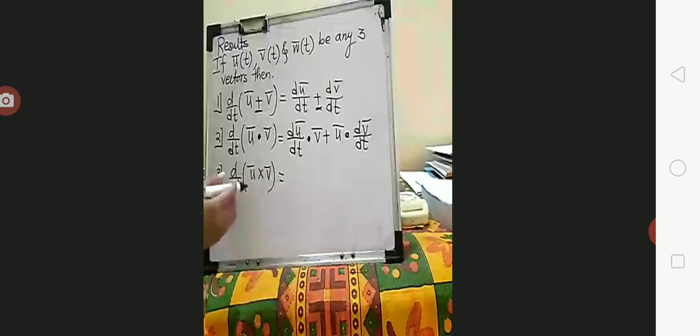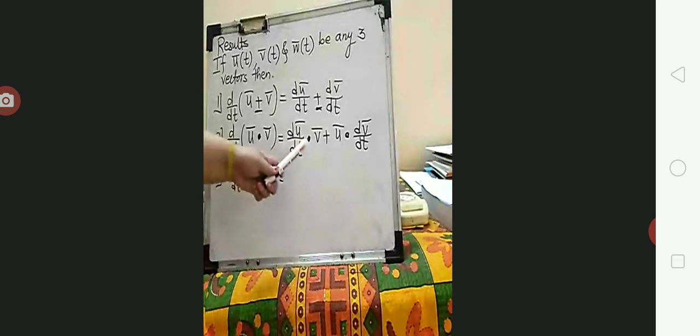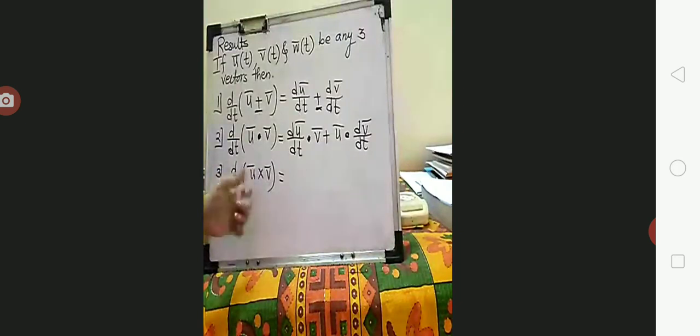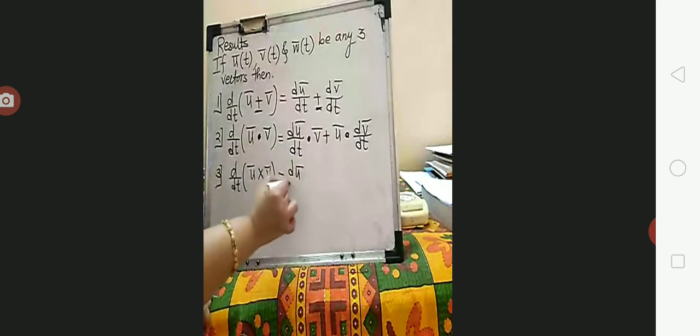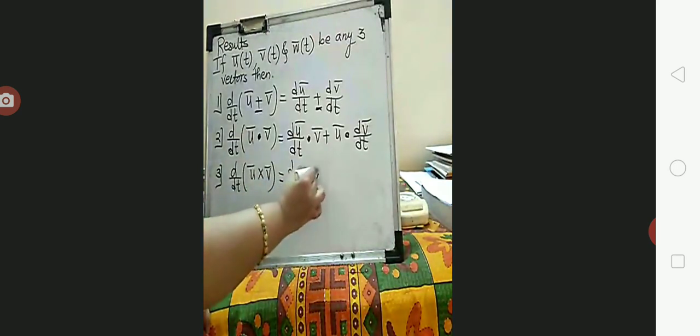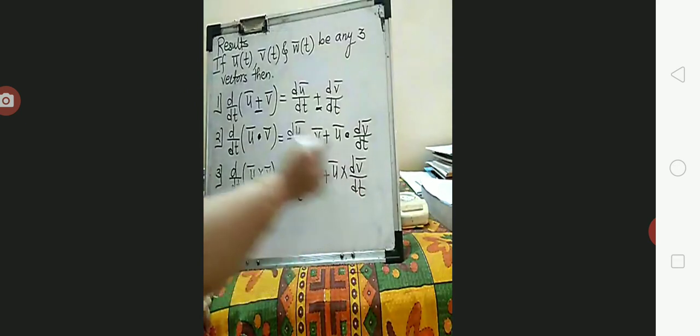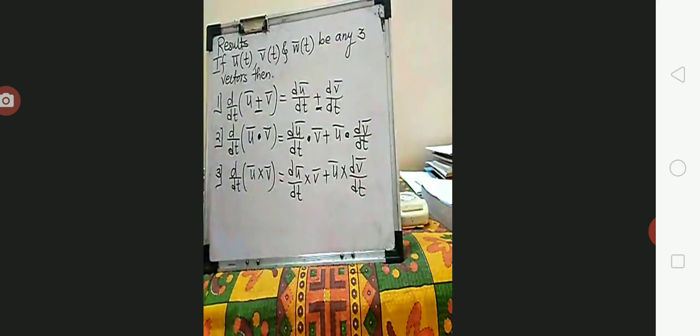So here for the cross product also we have to preserve the order, and in this case you have to preserve the orientation too. Now if I write du bar by dt dot v bar as v bar dot du bar by dt, it doesn't matter because it is commutative. But we have seen that u bar cross v bar is not equal to v bar cross u bar. So along with preserving the operation, you have to preserve the sequence of the vectors as it is. So it is going to be du bar by dt cross v bar plus u bar cross dv bar by dt. So this is for the cross product.